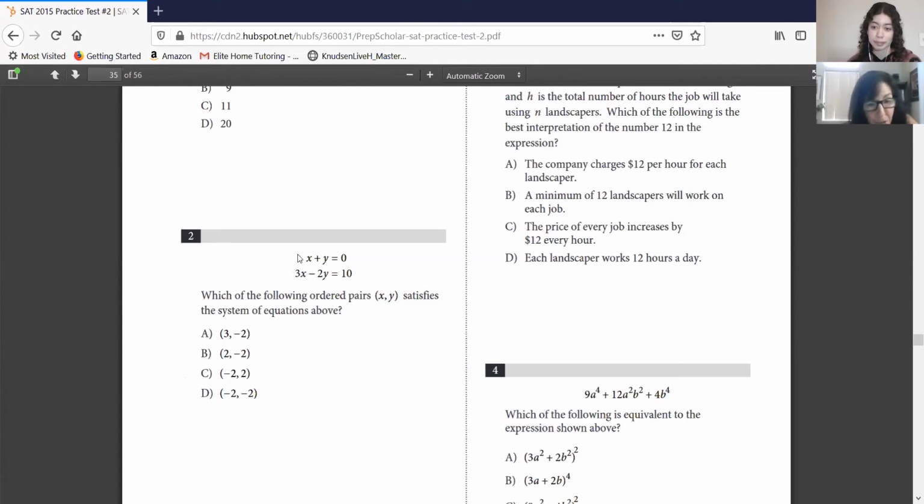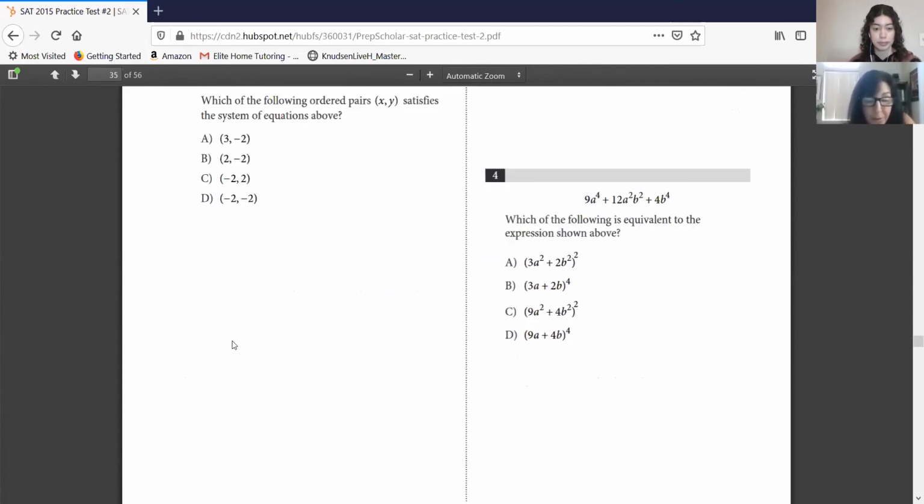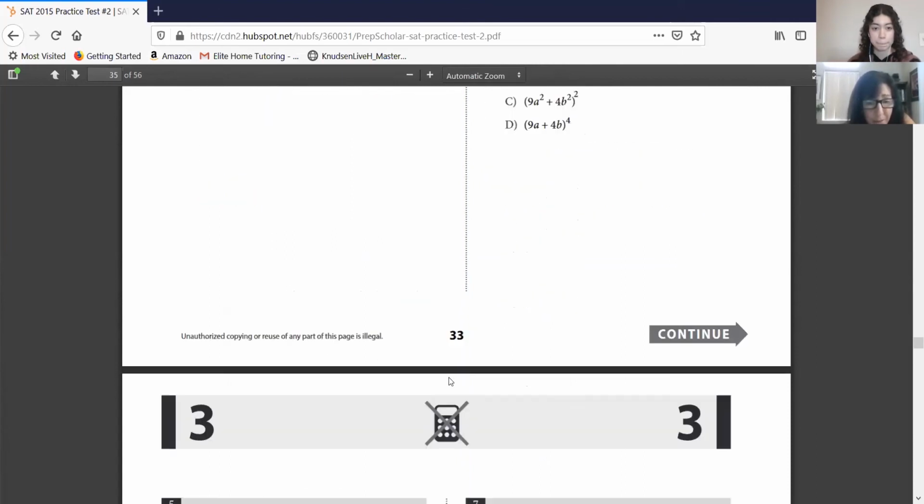So just to recap, choose the easier equation to plug in your answers. You don't have to take a lot of mental energy figuring that out. Don't want to bother with a system of equations, elimination or substitution, although it could be an option. It's just going to take you longer. Okay, very good. Next one for today, and we are going to go through a lot of these as we're